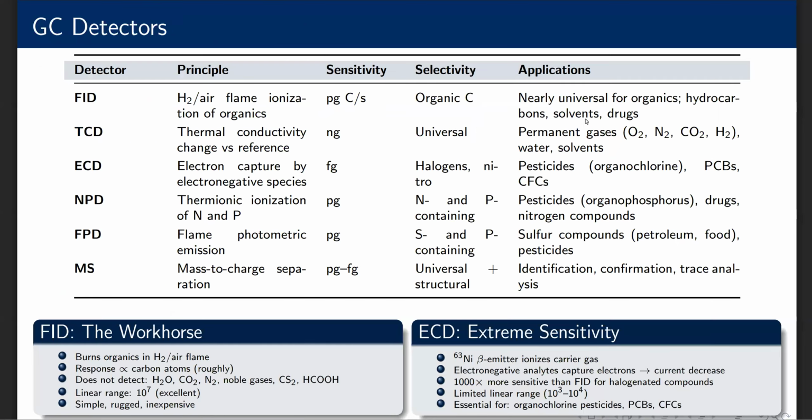GC detectors. GC detectors are diverse because no single detector does everything well. The FID, flame ionization detector, is the workhorse. It burns organic compounds in a hydrogen-air flame and measures the resulting ion current. It responds to essentially any compound containing carbon-hydrogen bonds, with a response directly proportional to the number of carbon atoms. It has an enormous linear range of 10 to the 7th power, which means it works well from trace samples. However, it does not detect water, carbon dioxide,